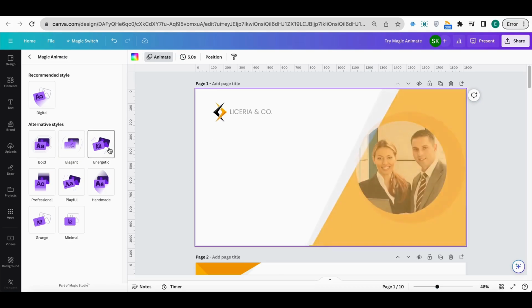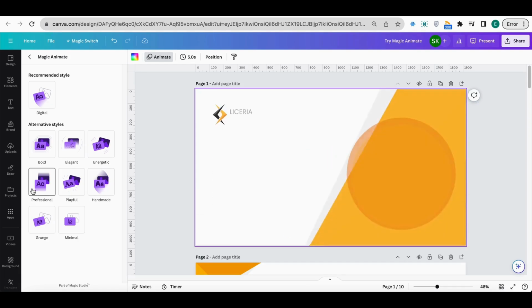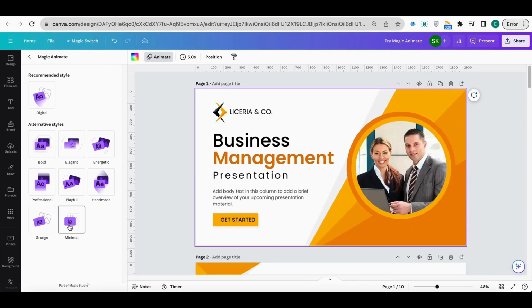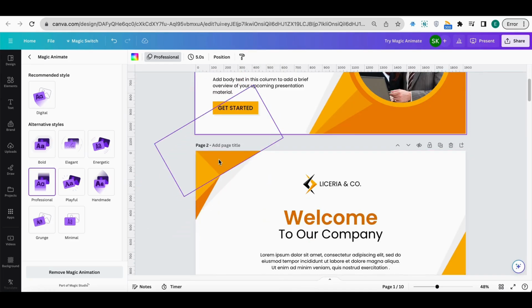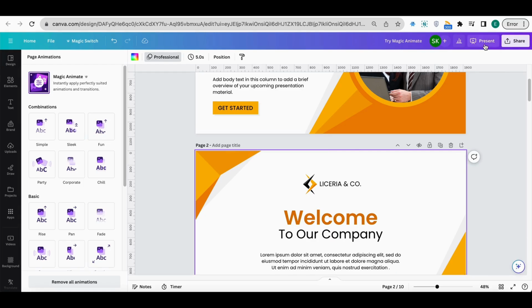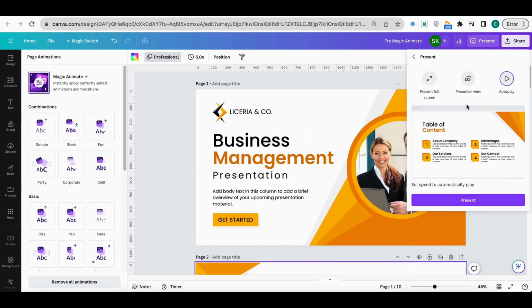Elegant, energetic, handmade, playful, professional, grunge. This looks good. And minimal. So let's say we use professional. And we apply this style to all the pages. And if we now present this, autoplay,